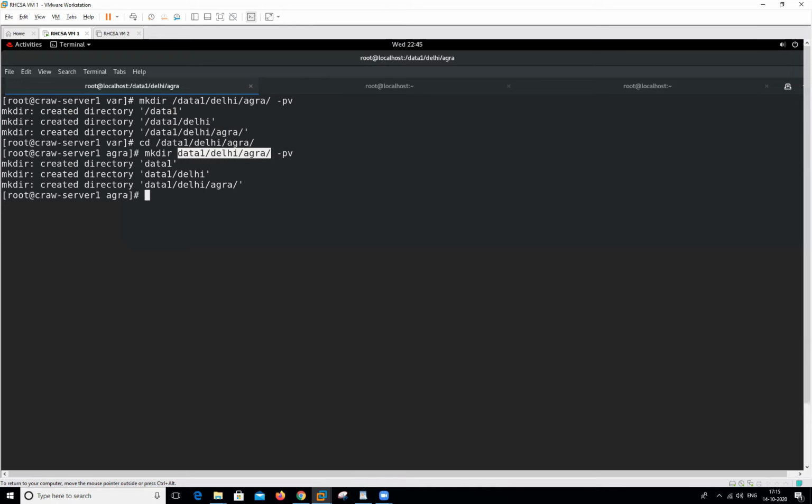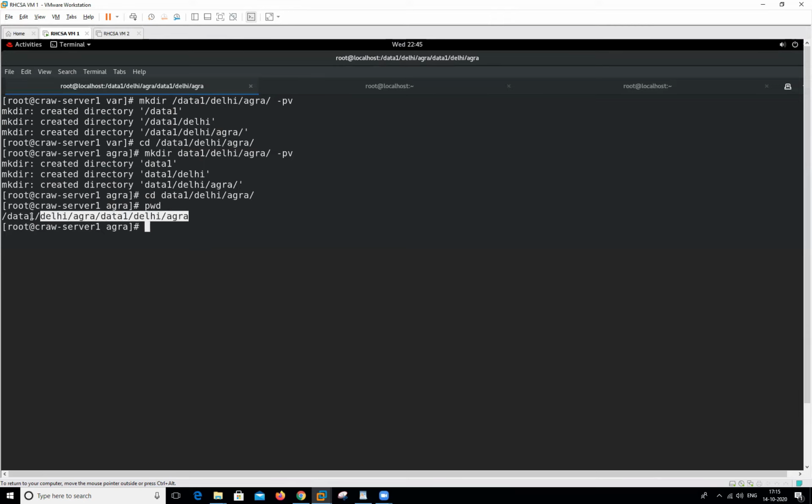And we want to move to this location like this. At this time we are not using this particular sign because this is my current location and I am moving to this particular location. So we want to check in which location we are working. At this time we are working in data1, Delhi, Agra, Delhi.